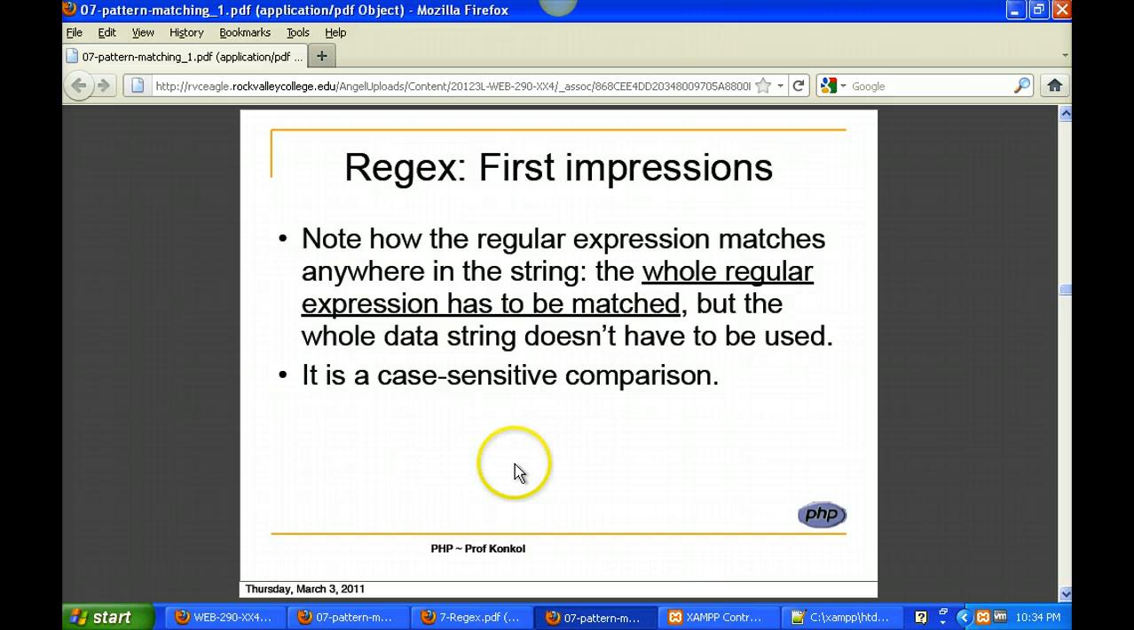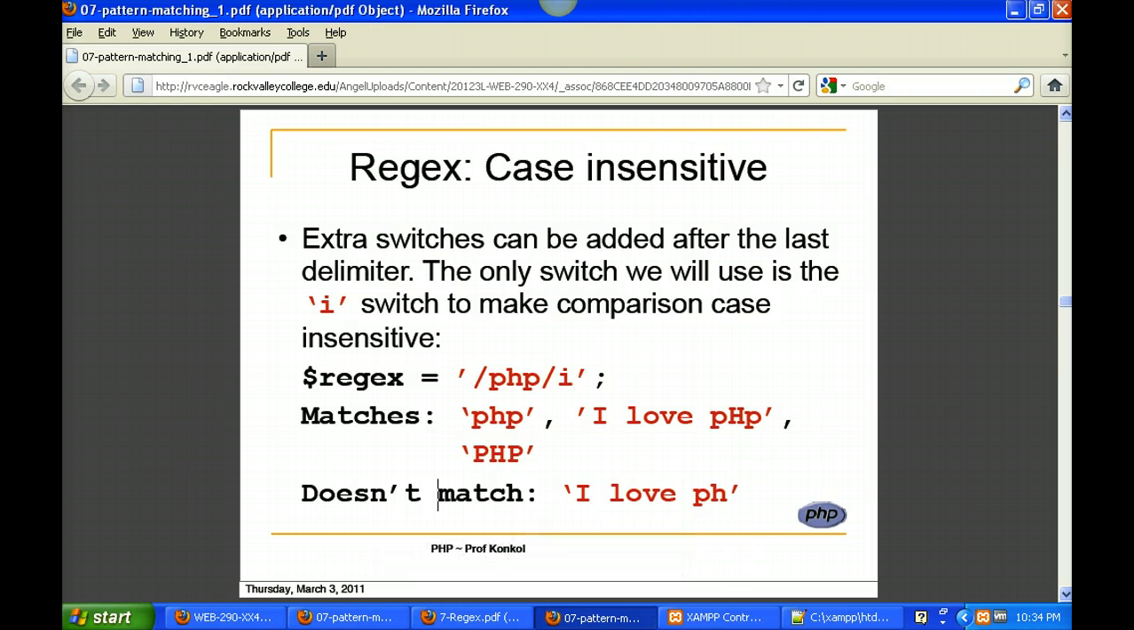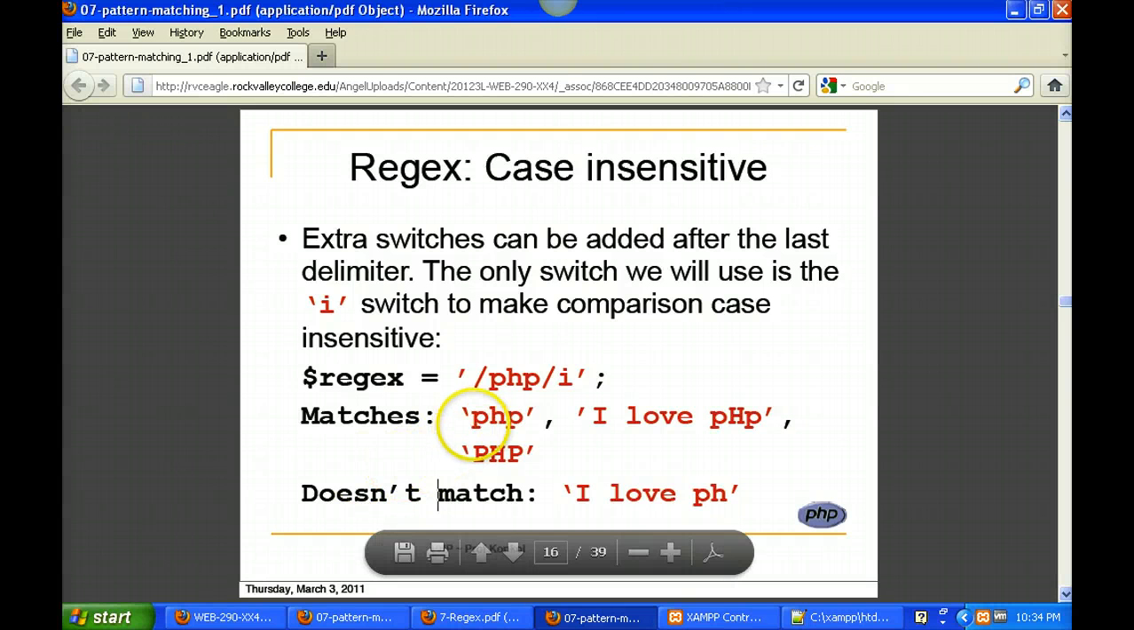It's case sensitive, like everything else in PHP. So next is case insensitive for regex. Extra switches can be added after the delimiter. The only switch we will use in this is the i switch to make the comparison case insensitive. So by just putting the i after the regex, you can now match PHP uppercase, PHP lowercase, and PHP mixed case. It will not match PH because it does not have the entire